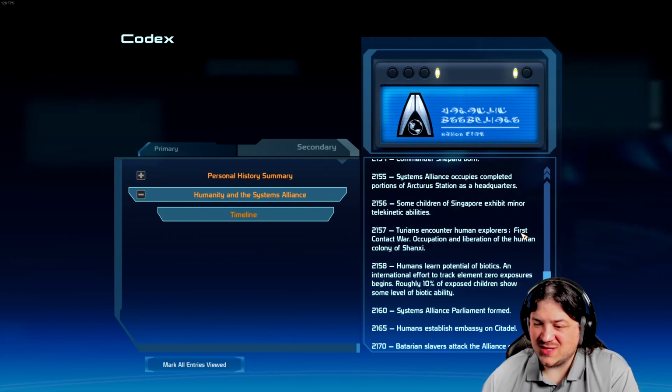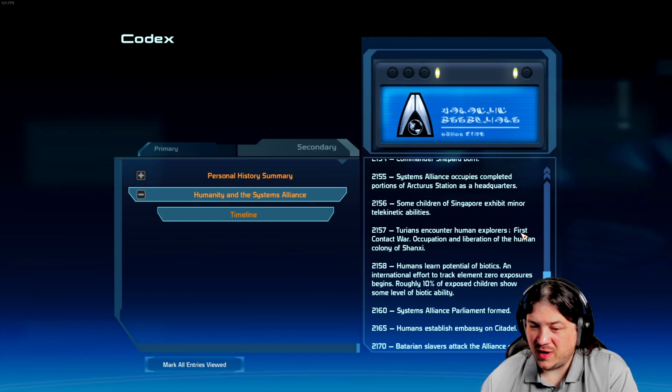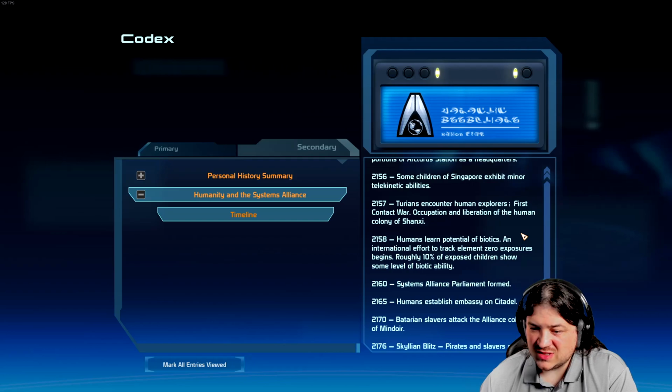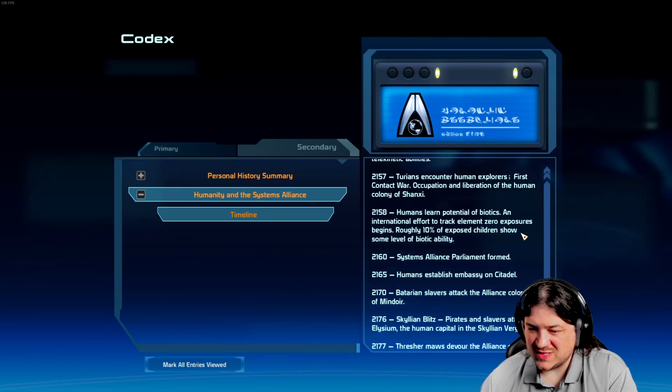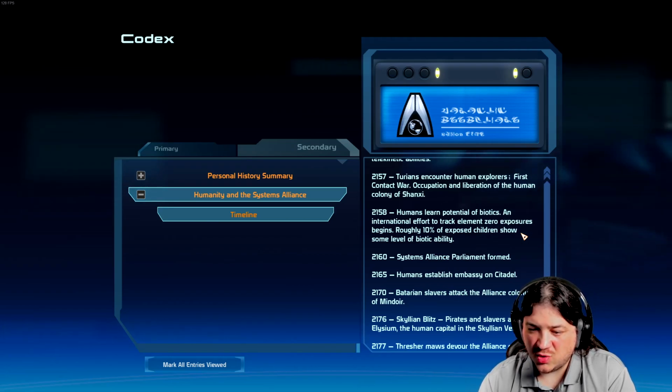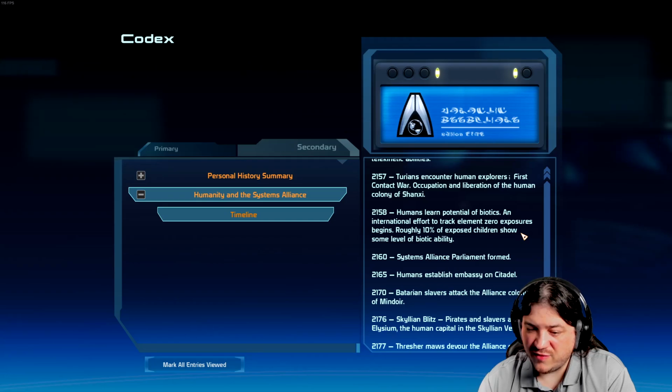2155, Systems Alliance occupies completed portions of Arcturus Station. 2156, some children of Singapore exhibit minor telekinetic abilities. 2157, Turians encounter human explorers. First Contact War. Occupation and liberation of the first